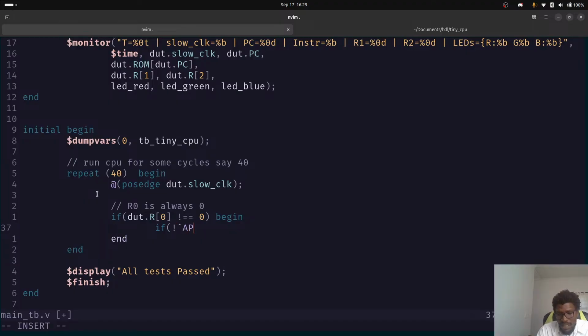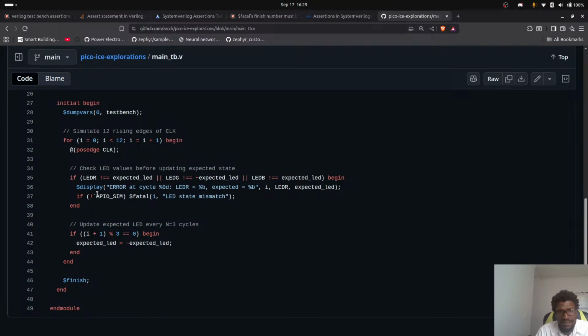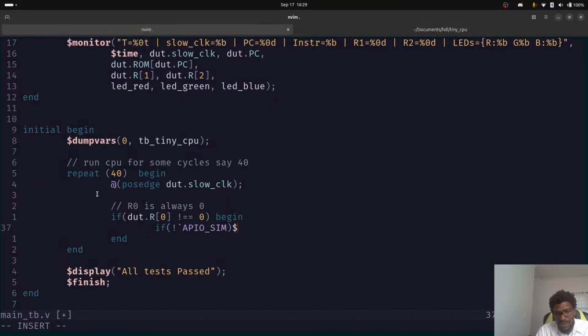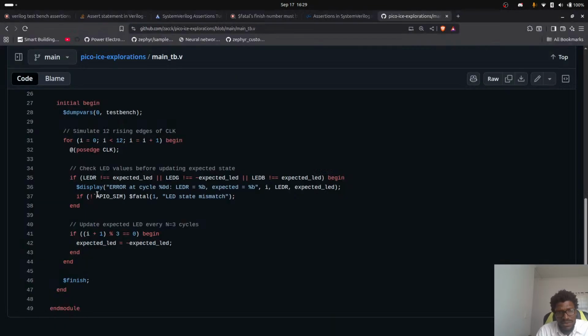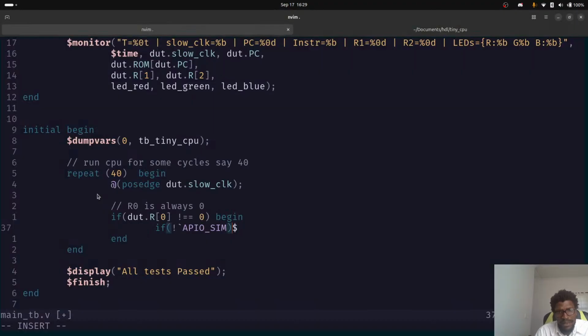If not, apio sim, okay, and then we do s. Why is it just one? Okay, let's just do that. That's fine. And then, is there a space? Yeah. Fatal. Let's do one, and then that, and then that, and then